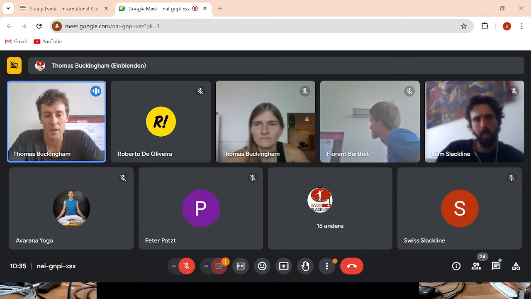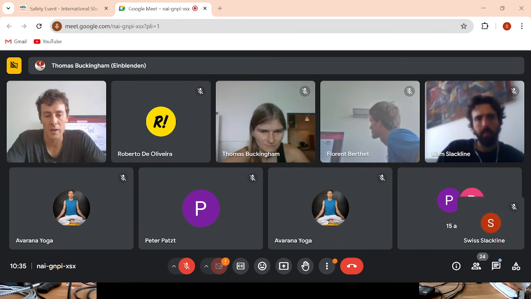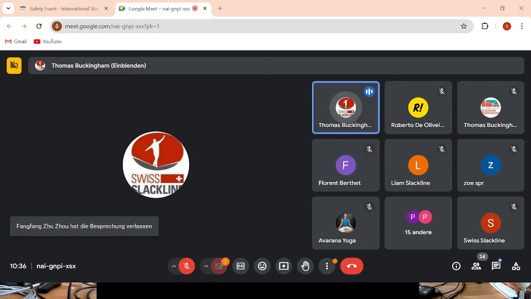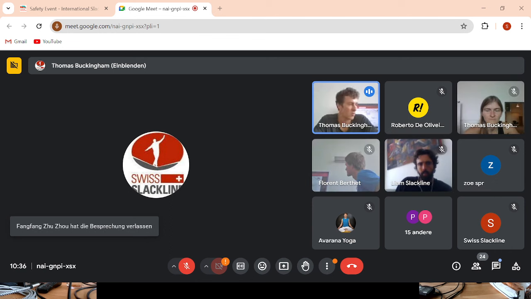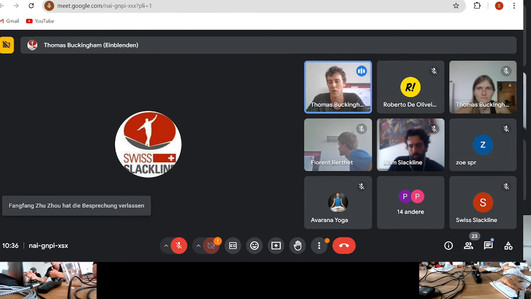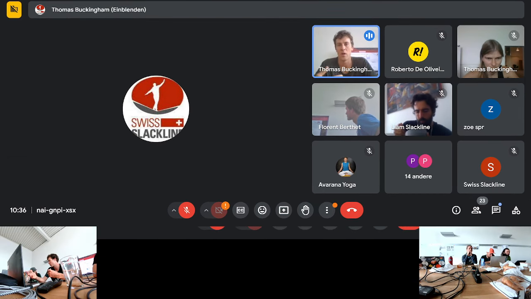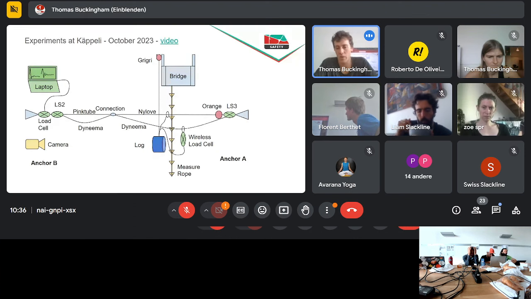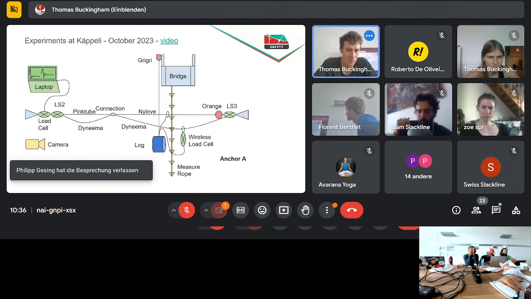There were in the past other backup falls that were measured and made, but there are so many parameters that you can compare in a backup fall that it was just impossible to get all the data from the old backup falls. You don't know how much extra webbing there is in the backup, what exactly the base tension was, how it was measured, all of those things. So we just made a new experiment, and now I'm going to try to show a video.